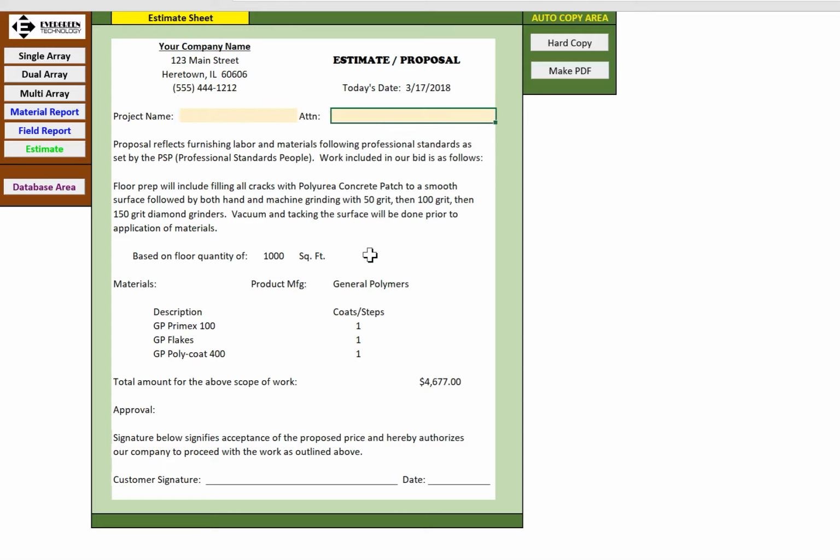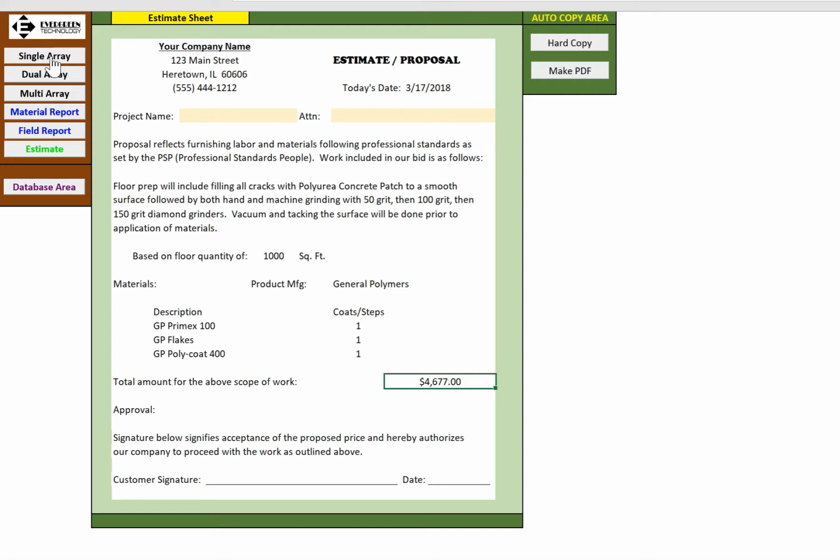Again, this screen can be custom designed to look exactly how you want it to look with any kind of clarifications. In this particular case, it came in here with an exact description of what the prep is going to include. It pulled up the manufacturer that was selected, their product name, how many steps it's going to be, the total price for the job, and anything down you want below. That is a quick, simple